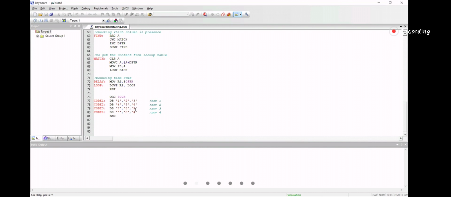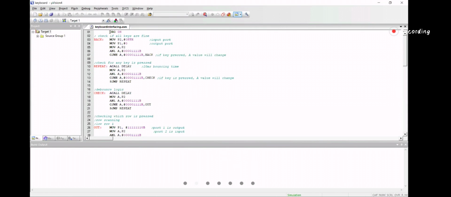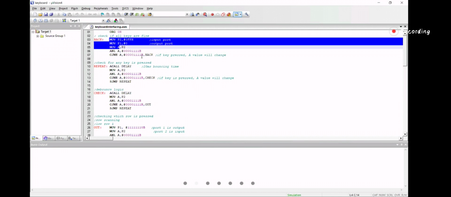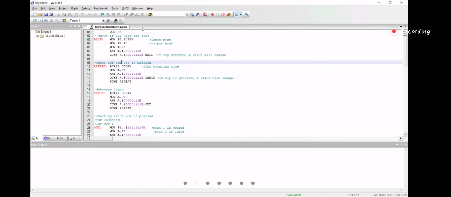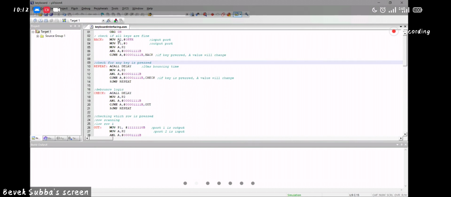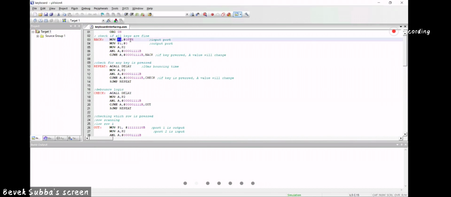I have taken these values in the lookup table. So we'll go one by one. This is our first step. I'm making all of port 2 the input port, so I'll give the value FF to port 2.